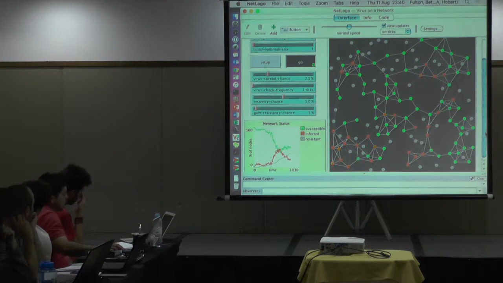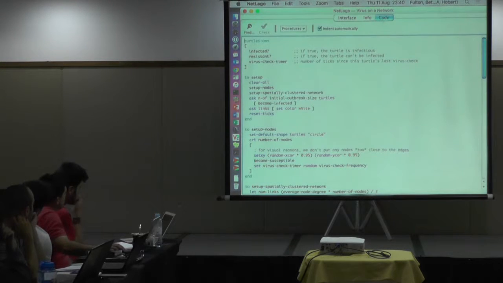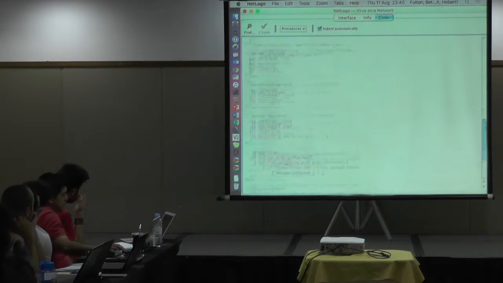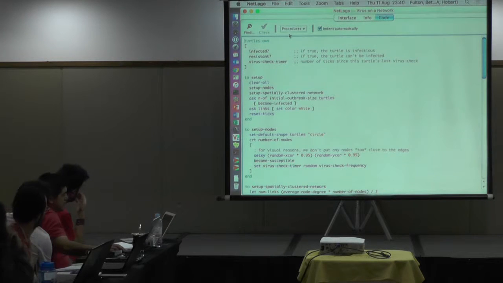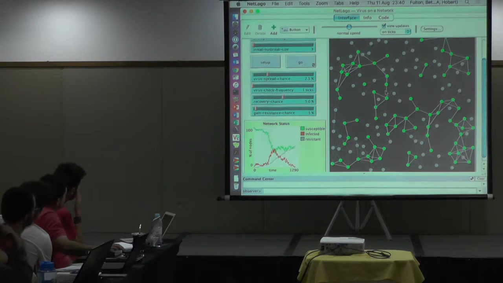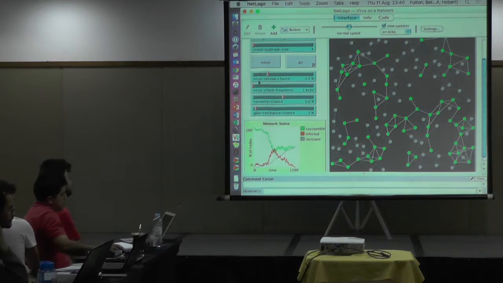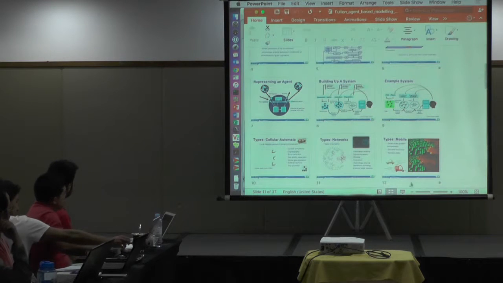The beauty of NetLogo is that you can create this interface in about 2 minutes flat, and the code behind it, all of that, is less than a page of code that has given you all of this outcome. So you can explore very quickly how those kinds of information can spread.